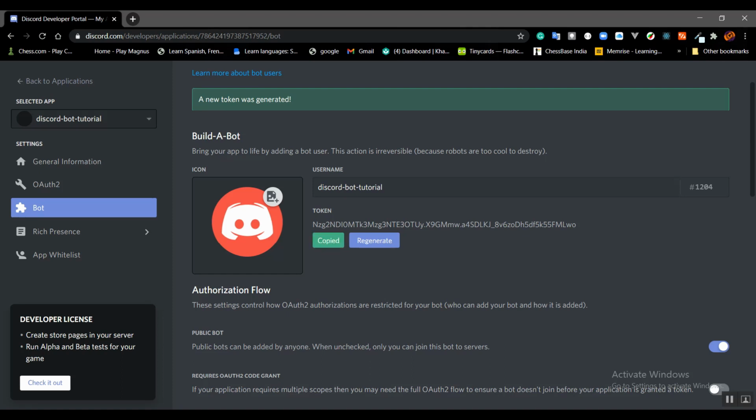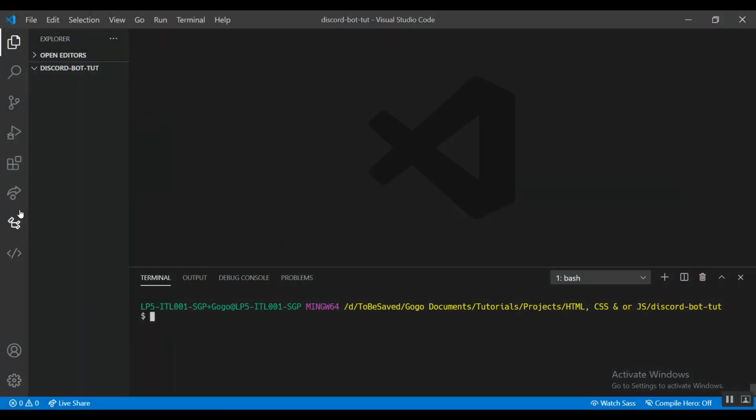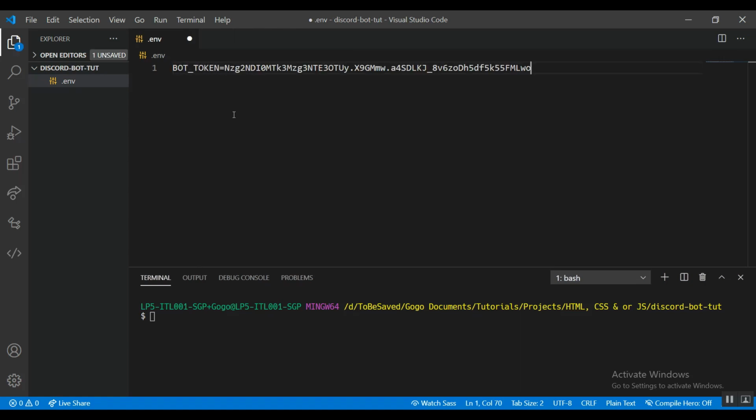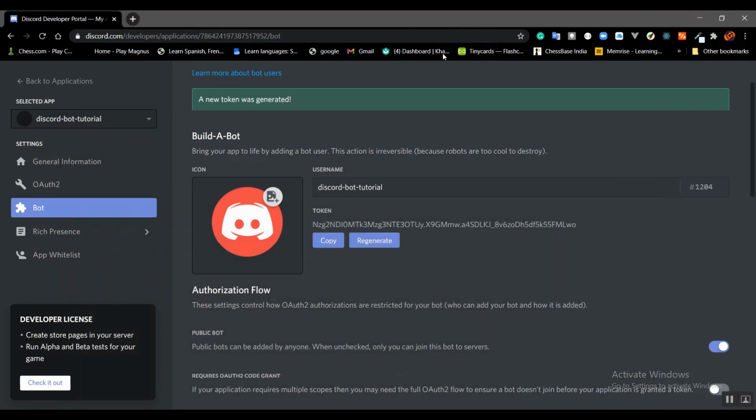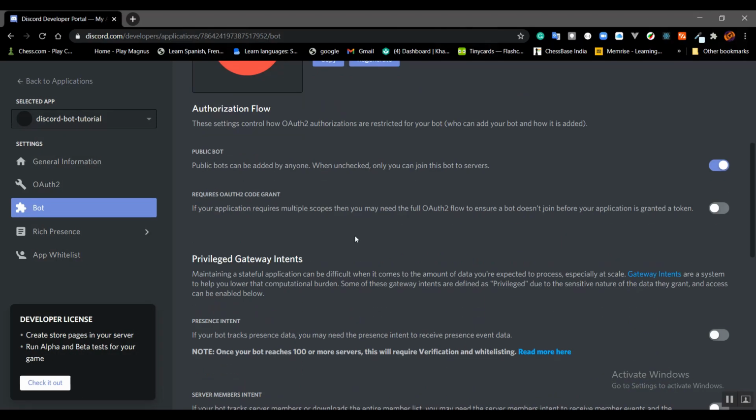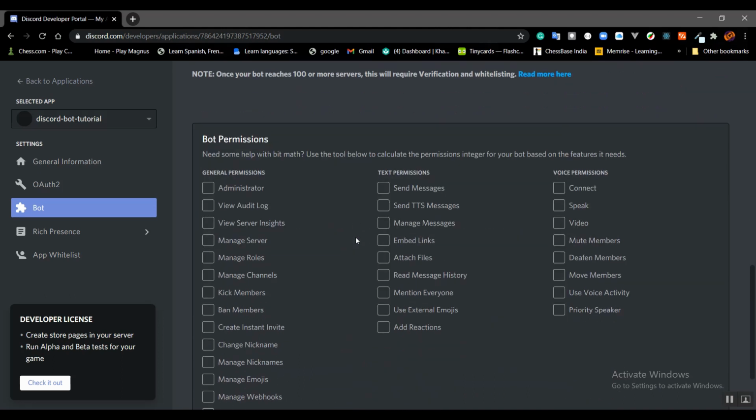So I can copy this token and store it in a .env file as an environment variable. So I can create a .env file and then go BOT_TOKEN to create an environment variable. I can save it here. This is basically my bot token, okay? And then right here, what I want to do is